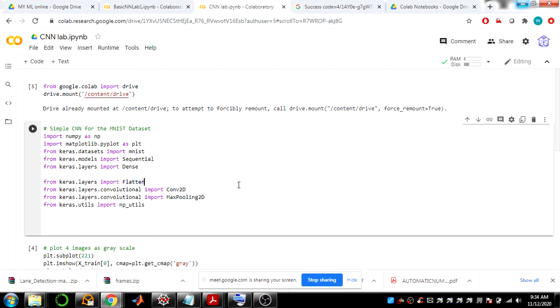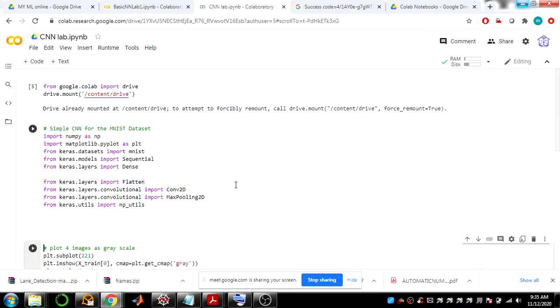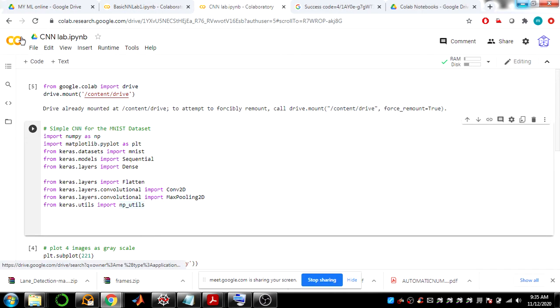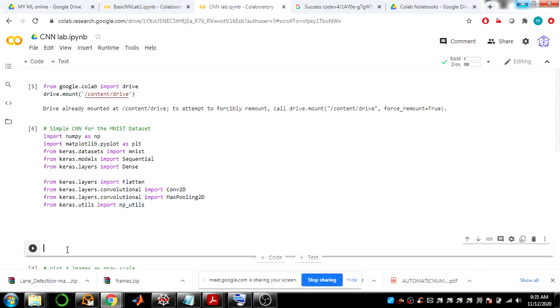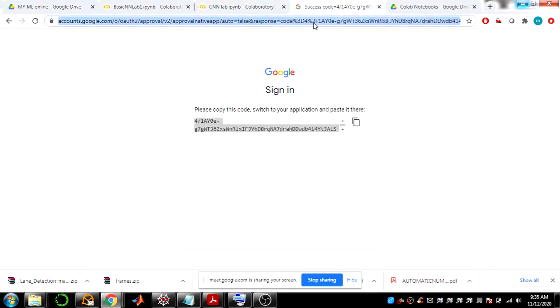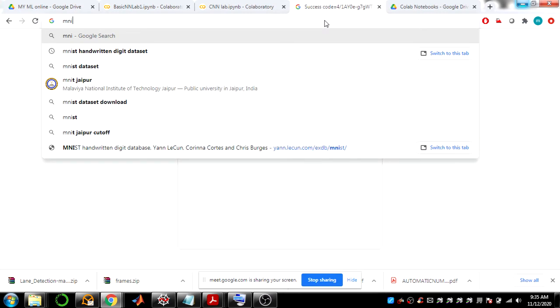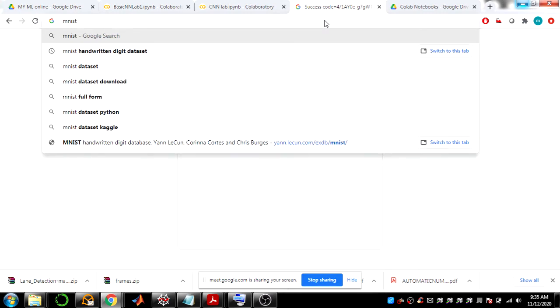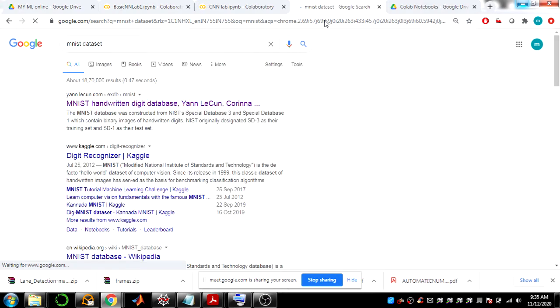Now, one second. I'm going to import all these libraries first. Now to get this MNIST, if you type here MNIST dataset, there are a lot of datasets available apart from handwritten digits.